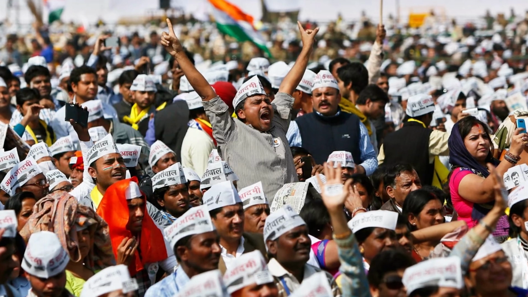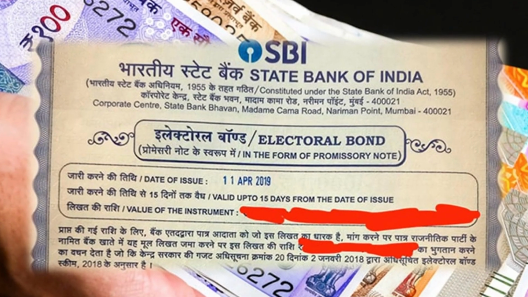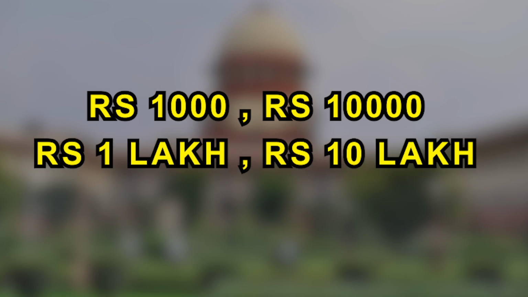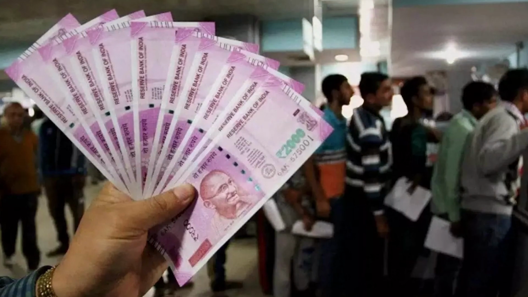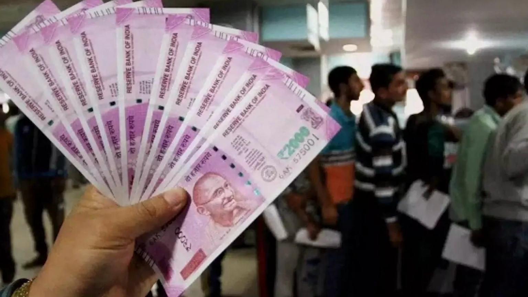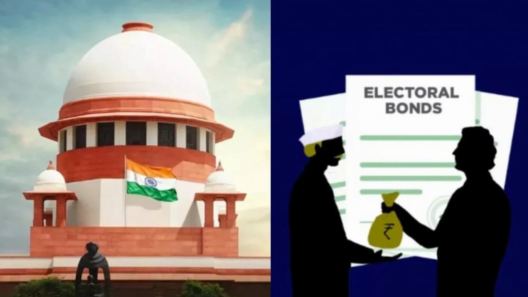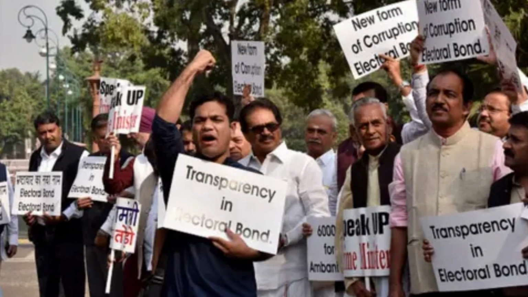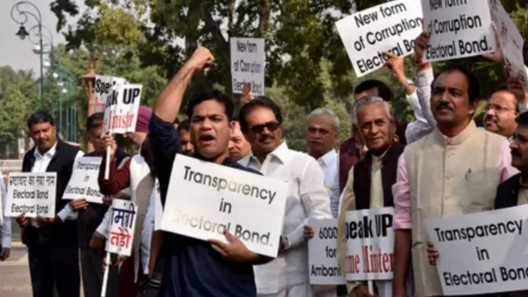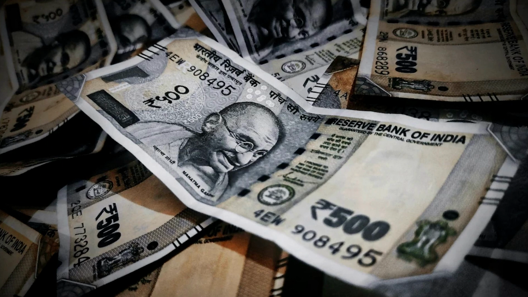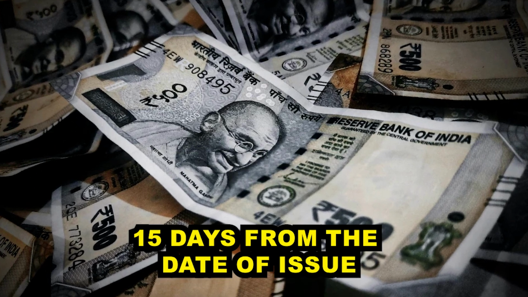political entities in India. The State Bank of India issues these bonds in denominations of rupees 1,000, rupees 10,000, rupees 1 lakh, 10 lakh, and even 1 crore. These bonds are payable to the bearer on demand. These are interest-free and can be purchased by Indian citizens or entities established in India. They may be bought individually or jointly with others and remain valid for 15 calendar days from the date of